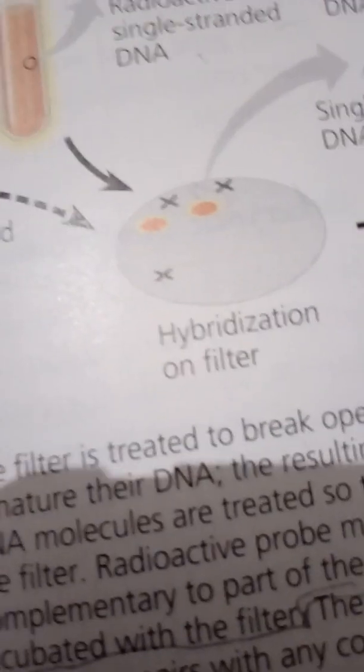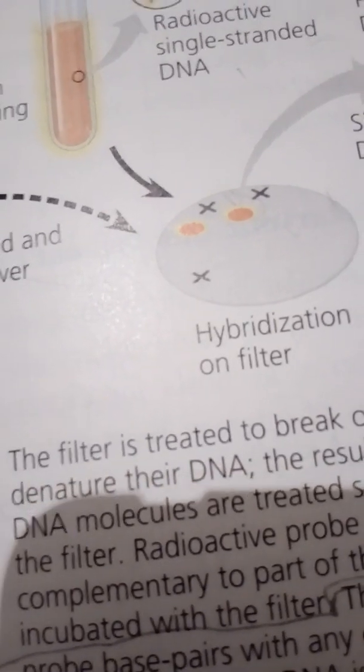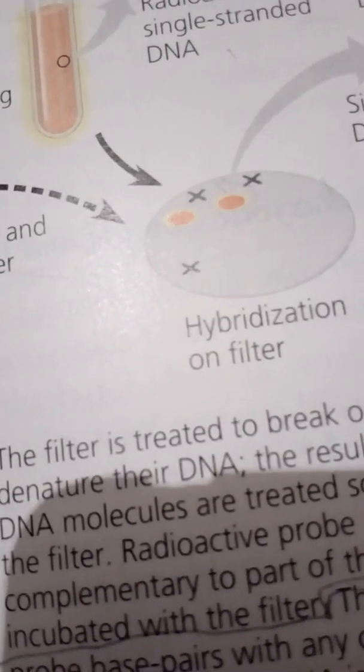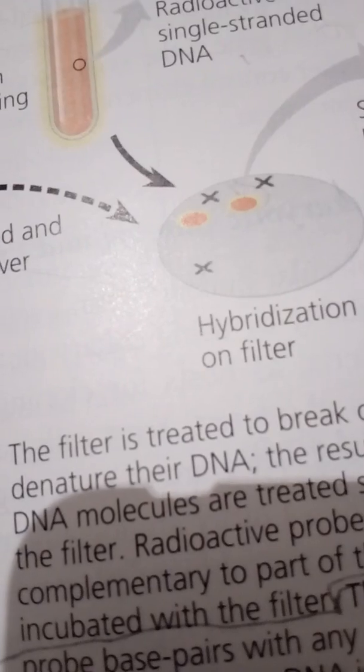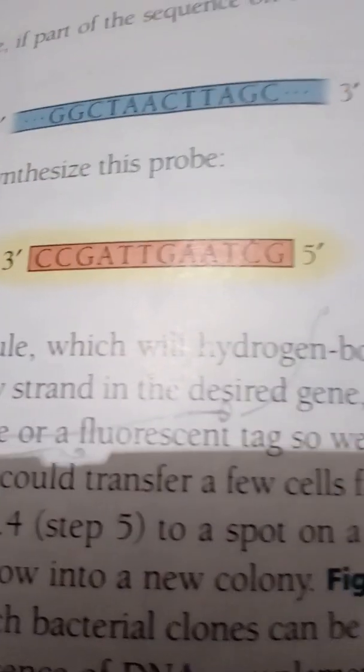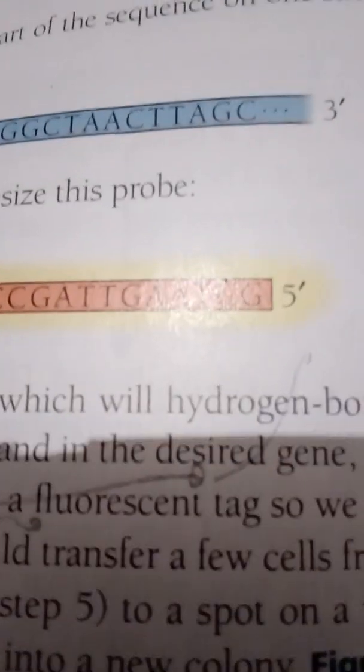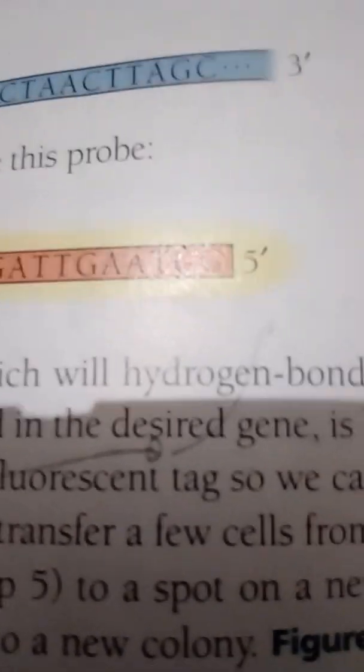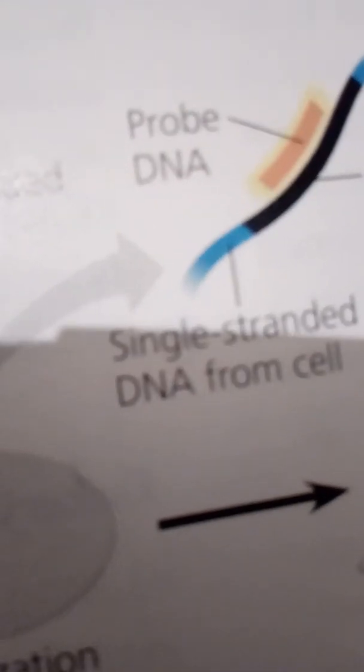Identifying clones carrying a gene of interest. To screen all the colonies with recombinant plasmids, the white colonies in the above method, for a colony of cells containing a gene of interest, we can look either for the gene itself or for its protein